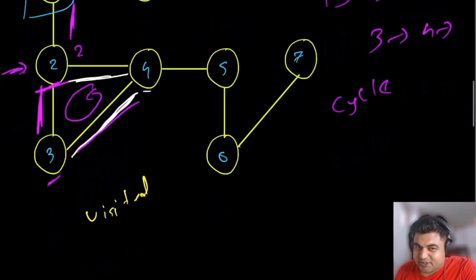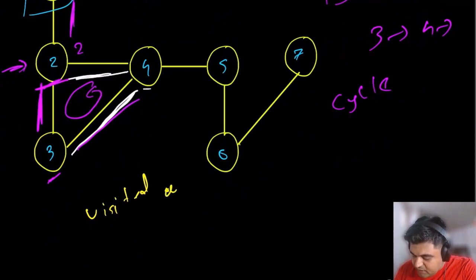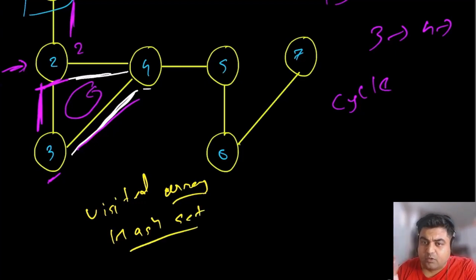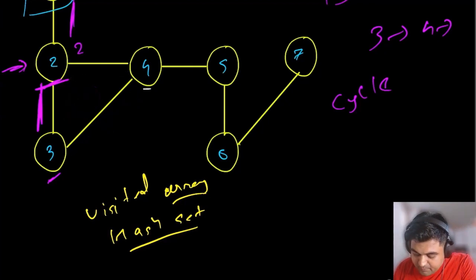So you have 2 options to use. You can use a visited array or a hash set. I typically like to use a hash set, but in many solutions you can also use an array. Both are going to incur the same kind of space complexity because you are using an additional data structure, but this is solving a very popular real life problem that is going to save you so much computational power.